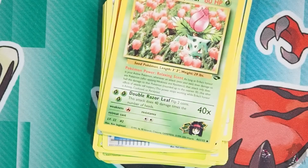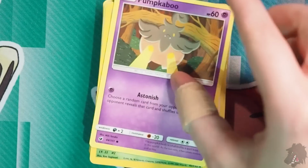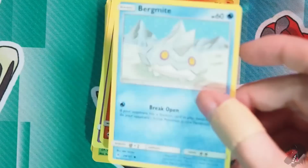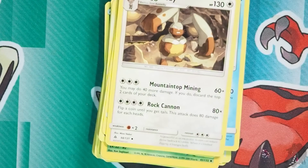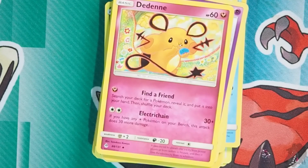Oh my god! It's another Erica card! Oh! Seriously, stop making me feel old. That's an old card, because I know for a fact they weren't remade. That's an original card. Seriously, I need to go through all of these cards, and cards like this I need to seal up ASAP in my sleeves, or even the hardcover ones, because they're cards you do not come across very easily. We have Pansy, Bergmite, Digsby, Golurk, a derpy looking...